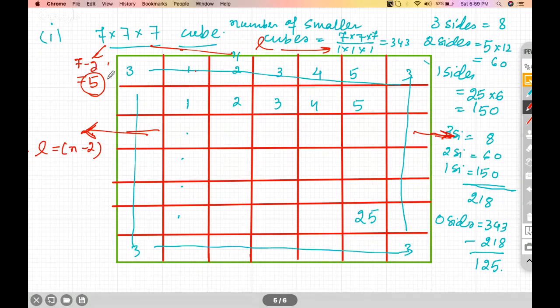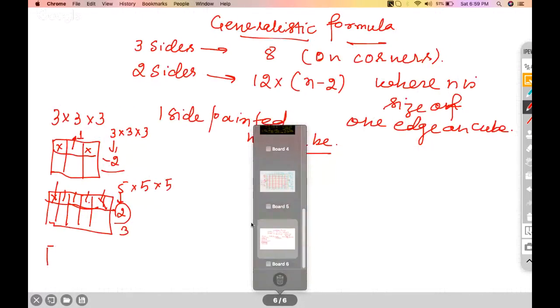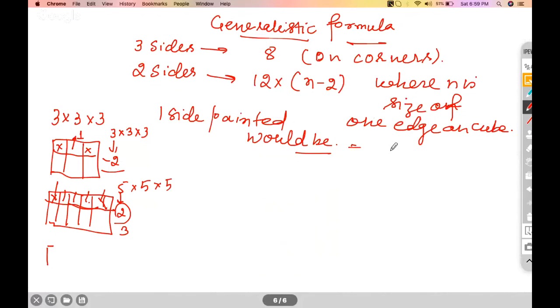And from width B, I am removing 2, the upper one and the lower one, so B becomes n minus 2. So on one surface, I am getting n minus 2 into n minus 2 cubes. So one side painted would be 6 multiplied by n minus 2 into n minus 2. Why 6 multiplied? Because you get n minus 2 into n minus 2 on one face, and you multiply it with 6. Now 0 side painted would be